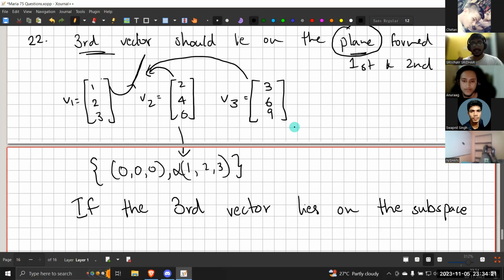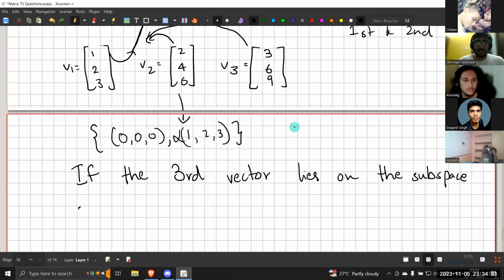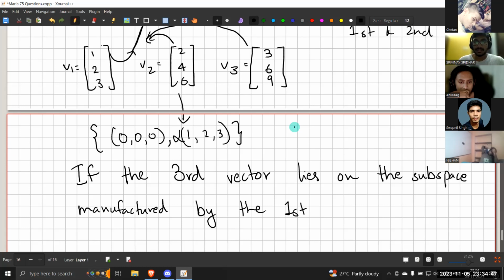Since subspace includes all the points as well as lines as well as planes, if the third vector lies on the subspace created, or manufactured, let me use the word manufactured, by the first and second vectors,